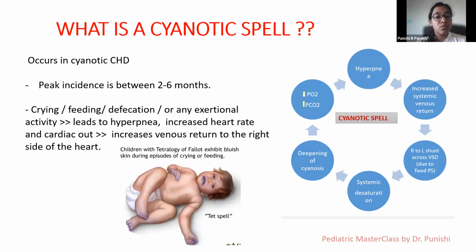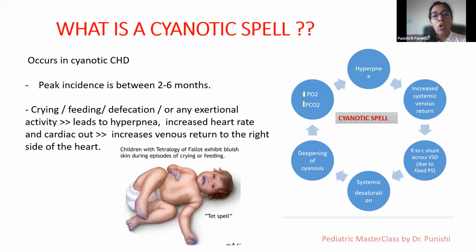it out. And how do you do that? By hyperventilation. So that increase in PCO2 again stimulates your hyperpnea. And this vicious cycle continues until something is done to stop or abort this cyanotic spell. So this is the pathology and understanding of why you have a cyanotic spell in a cyanotic CHD with decreased